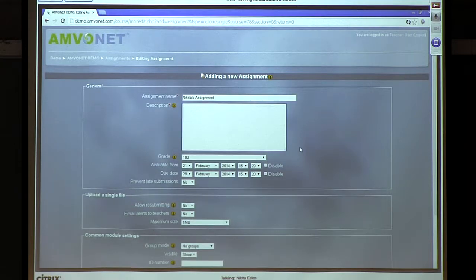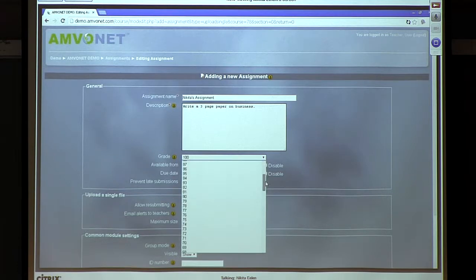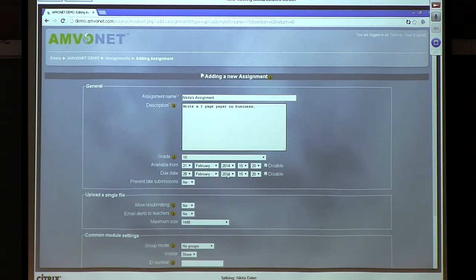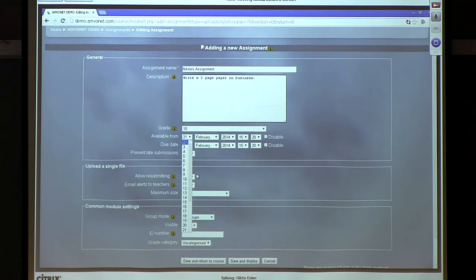The description is the actual assignment itself, so I could put something like write a 3-page paper on business as an example, and grade however many points you want it to be worth. I'll say it's worth 10 points. When do you want it to be available, or do you want it to always be available? I'll just put that it's available from February 10th to, say, February 30th, and this is the month, the year,